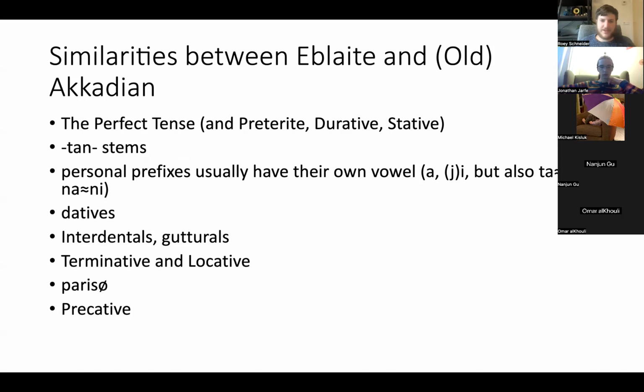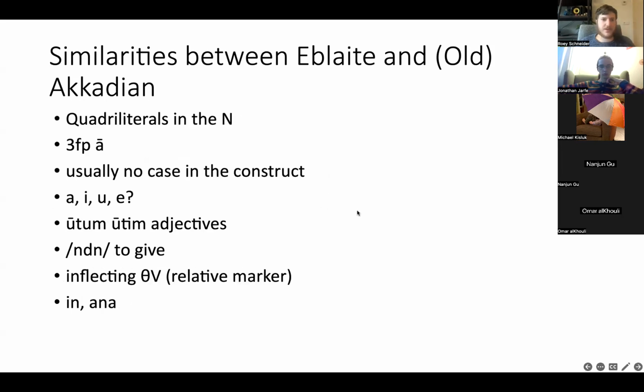There really isn't that much to say about Eblaite. Some other things. So we have quadriliterals in the end, which we have already seen also in modern South Arabian and Ethio-Semitic. The third feminine plural is always a, like in Ge'ez, and unlike in the other languages which have na,